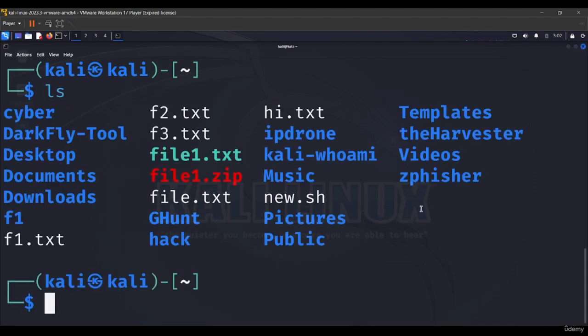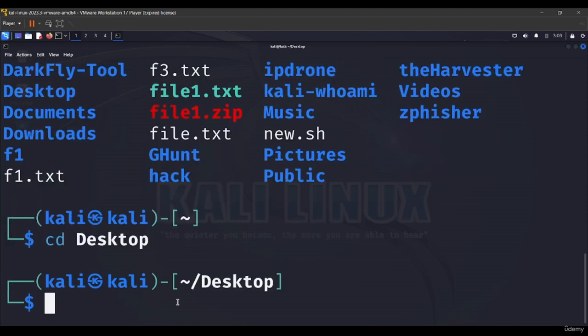So guys, I hope you know what a directory is. A directory is a folder. Okay. So here it's showing me the directories and the files. And if I want to move inside this Desktop directory, I need to use the cd command. The cd command is used for changing the directory. Like if I want to change my directory to Desktop, I can use the cd command, cd and the directory name.